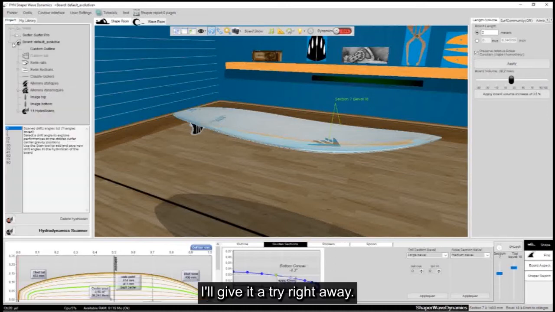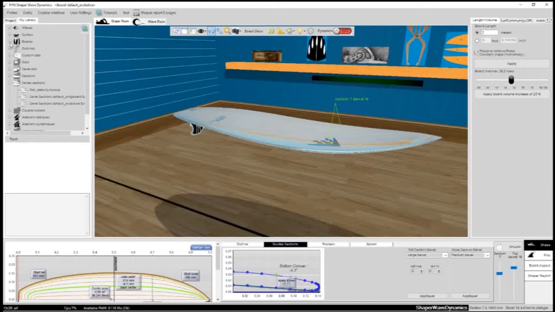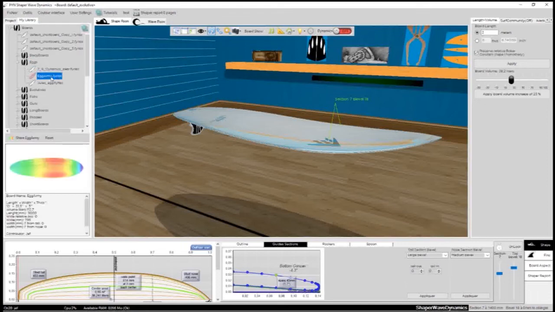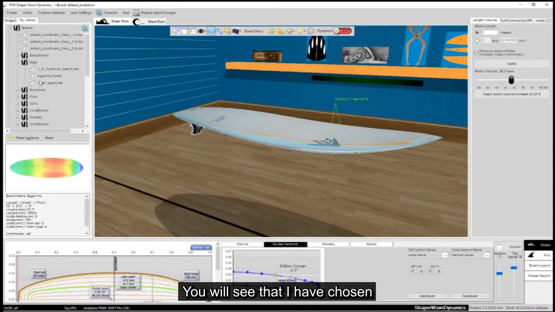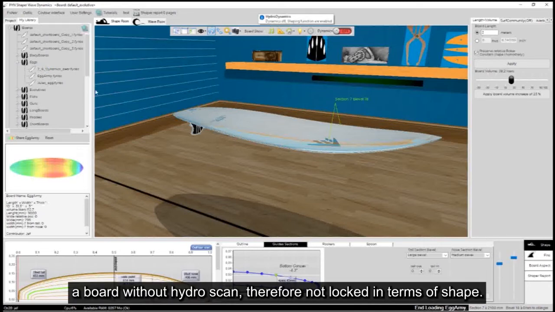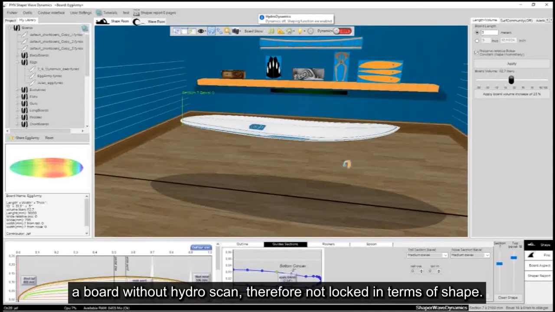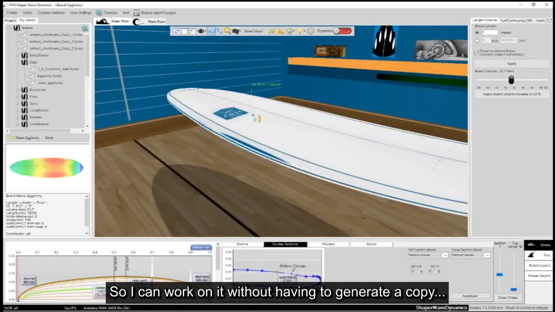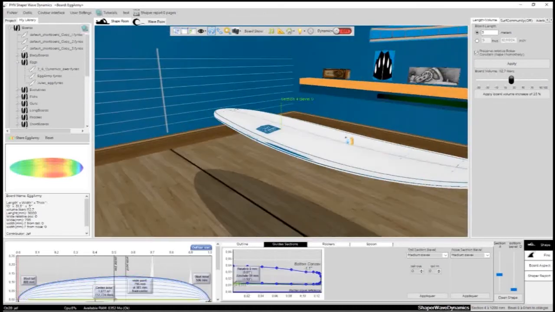I'll give it a try right away. I load a board. You will see that I have chosen a board without HydroScan, therefore not locked in terms of shape, so I can work on it without having to generate a copy.